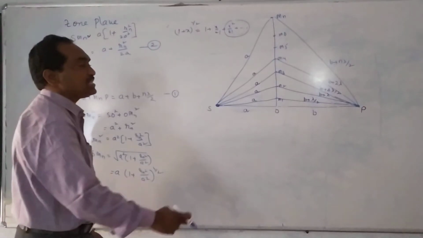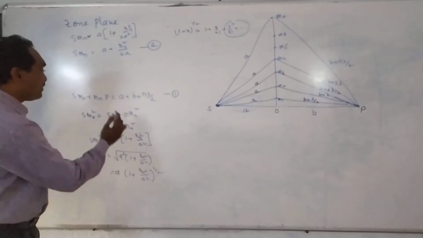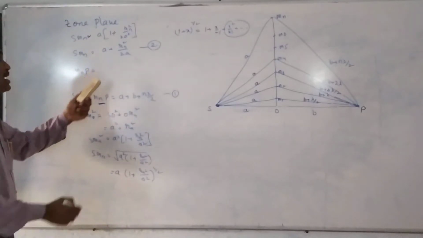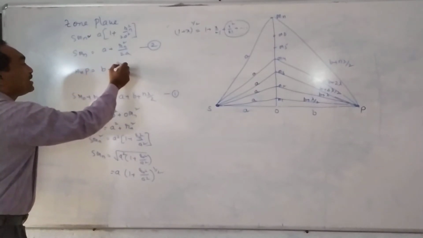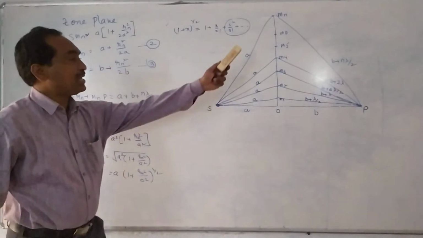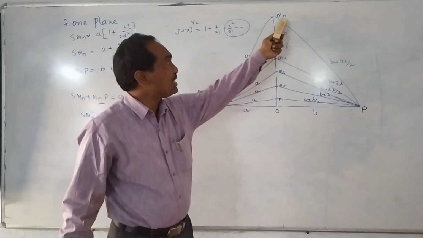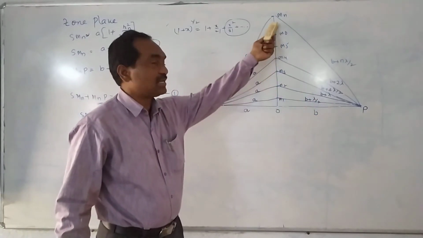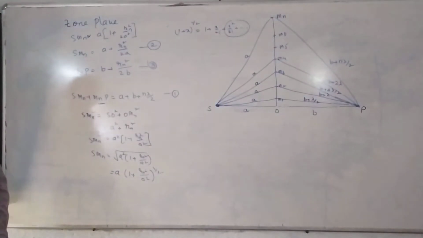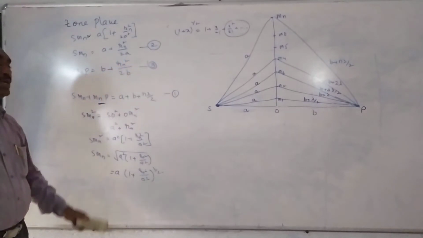Similarly, when we take the right angle triangle OMNP, what we require is MNP, which is the same as B plus Rn square by 2B. Similarly, MNP square is equal to OP square plus OMN square, that is MN square is equal to B square plus Rn square. Similarly B square is taken outside, and after consolidation MNP is equal to B plus Rn square by 2B.